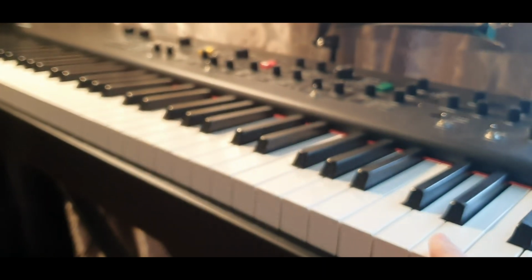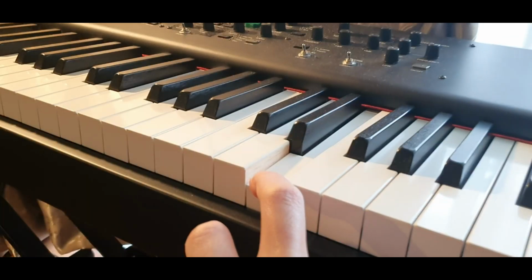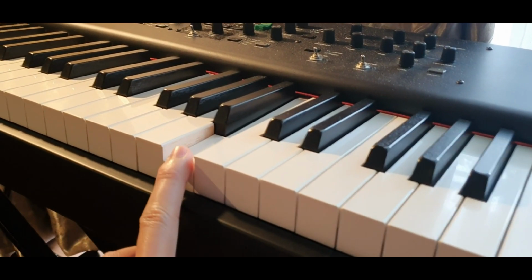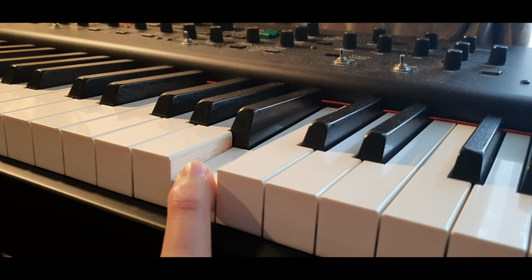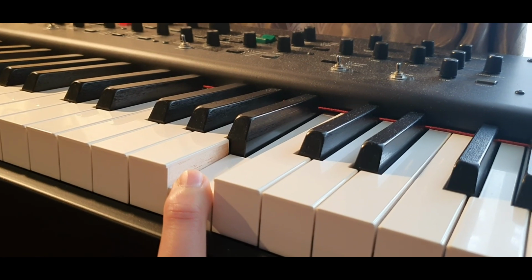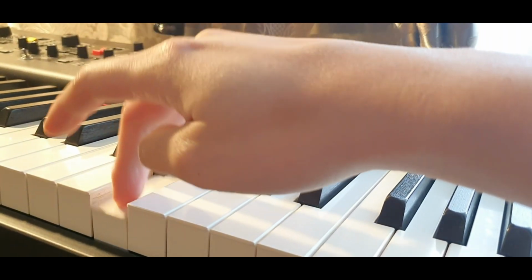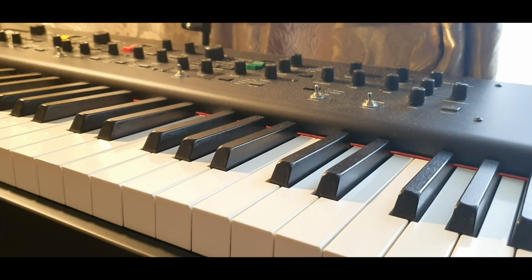Another reason why I like this key is because just look at the wood. You can see that the quality of the wood is actually quite good. These are wooden keys. And the response of this kind of key, it's called natural wood key from Yamaha, and